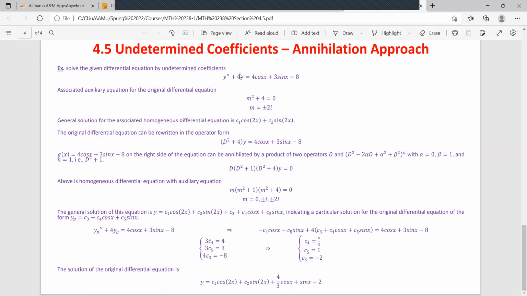So this time you're going to solve the whole thing. Not just one particular solution, you're going to solve the whole equation. So